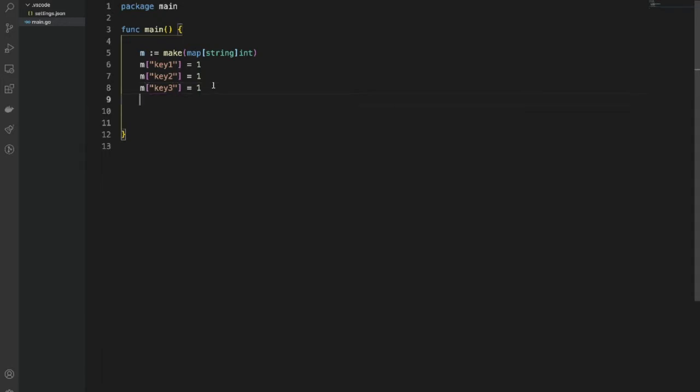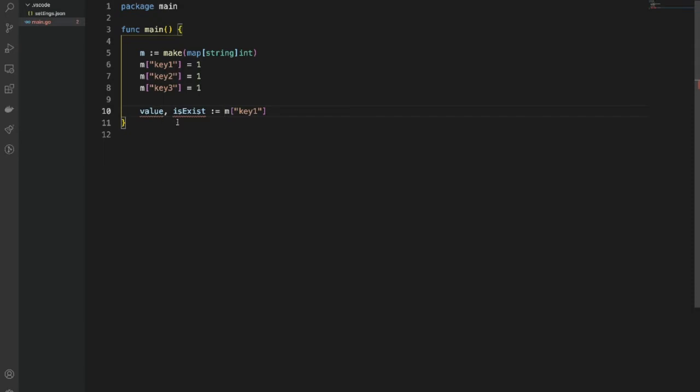So this is fine. Now we need to check whether the key is there or not. Is there any function in Golang by which we can find out whether this key is there in the map or not? In Golang it is very easy to check. We just need to use the map and then the key name. Basically, it will return two values. One is the value itself, and another one is the flag. For now, I can consider this as isExist. This is a Boolean flag basically.